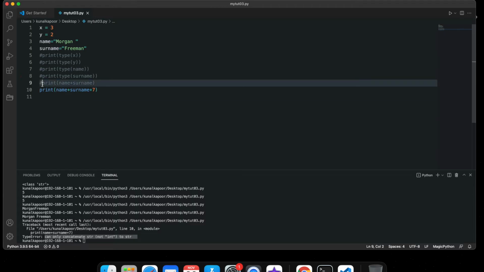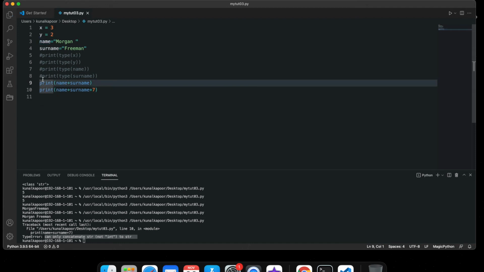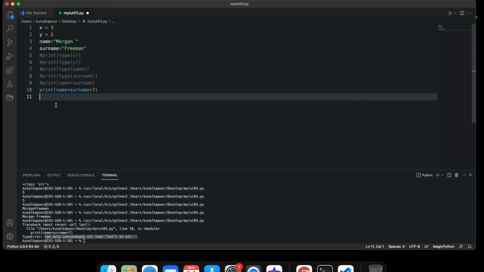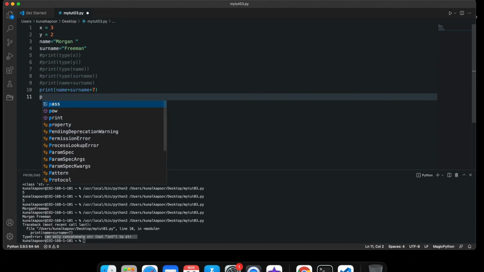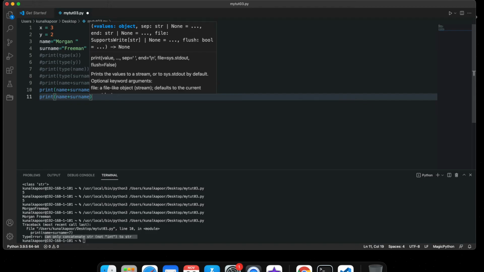So what we were doing here in this line, we were concatenating two strings. So we were putting Morgan and Freeman together. That's what concatenation means. But we can't actually do that with integers and strings. So what do we do here then? What we do here is called typecasting. So what I do is I do name plus surname plus